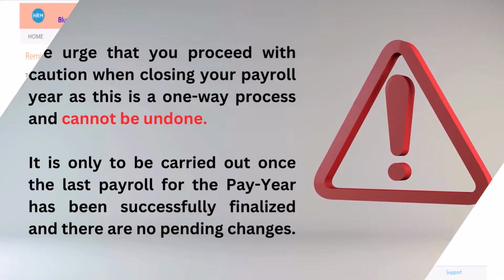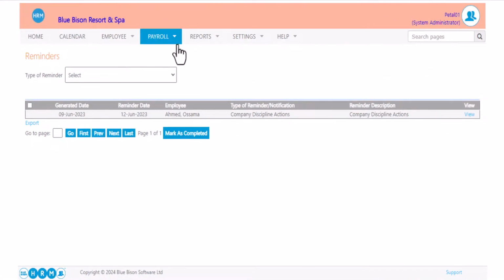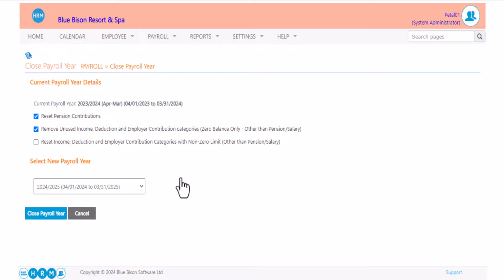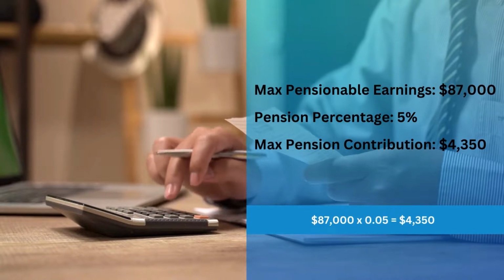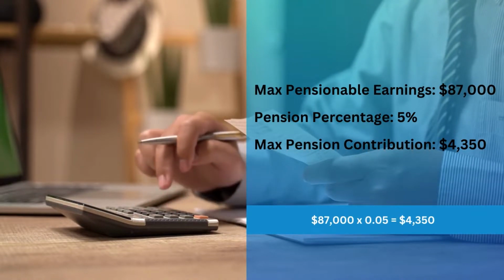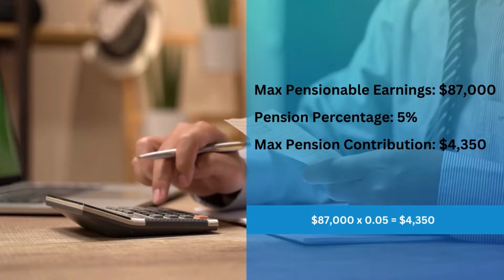Let's begin. Once you've signed into your system, navigate to Payroll, then Close Payroll Years. You will notice the current payroll year description, as well as its closure settings. The first option is used to reset pension contributions that were manually assigned a rate and limit in an individual employee's profile. For example, the maximum pensionable earnings in the Cayman Islands is $87,000, which means the maximum annual employee contribution should be